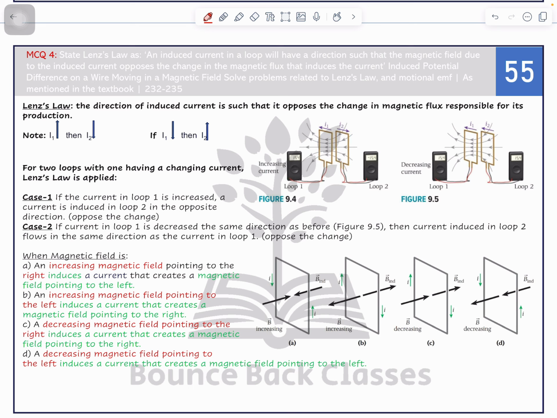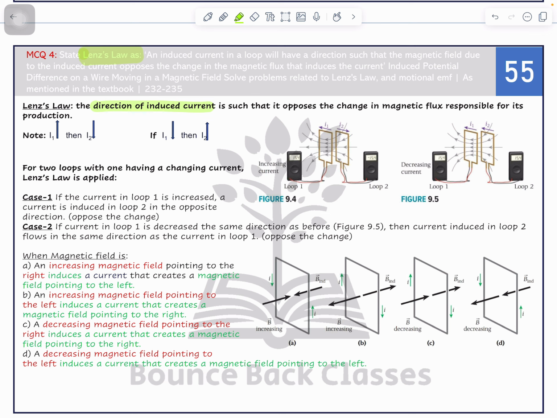Hello students, in this video I'm going to cover question number 4 and question number 5. These questions are all about Lenz's law and how we apply it in different situations. As I remember, I have taught you Lenz's law a number of times, but just for a review, let's go through the rule. As per Lenz's law, the direction of induced